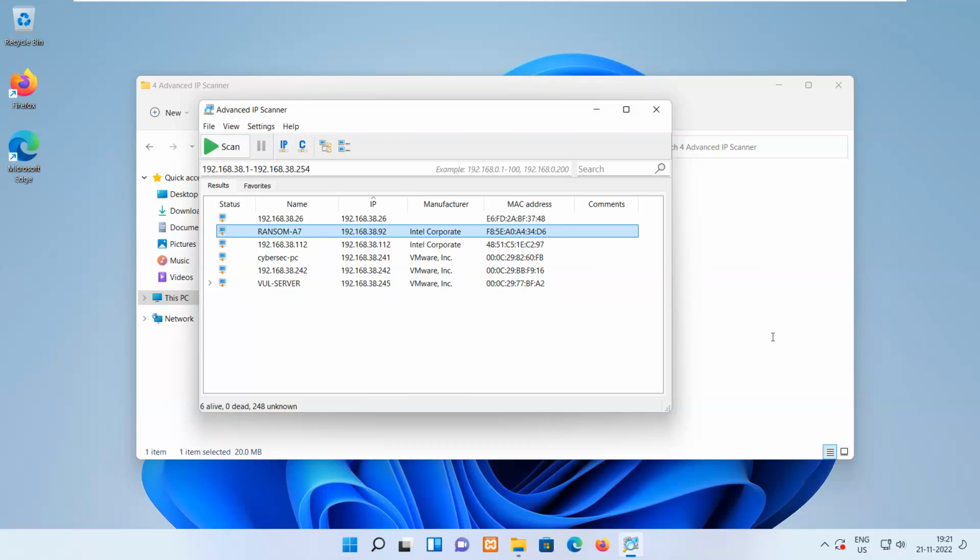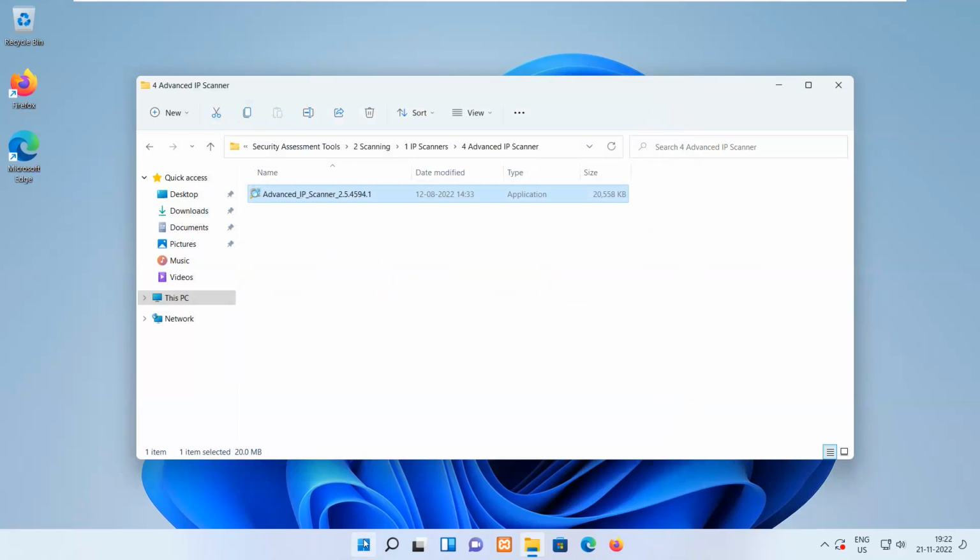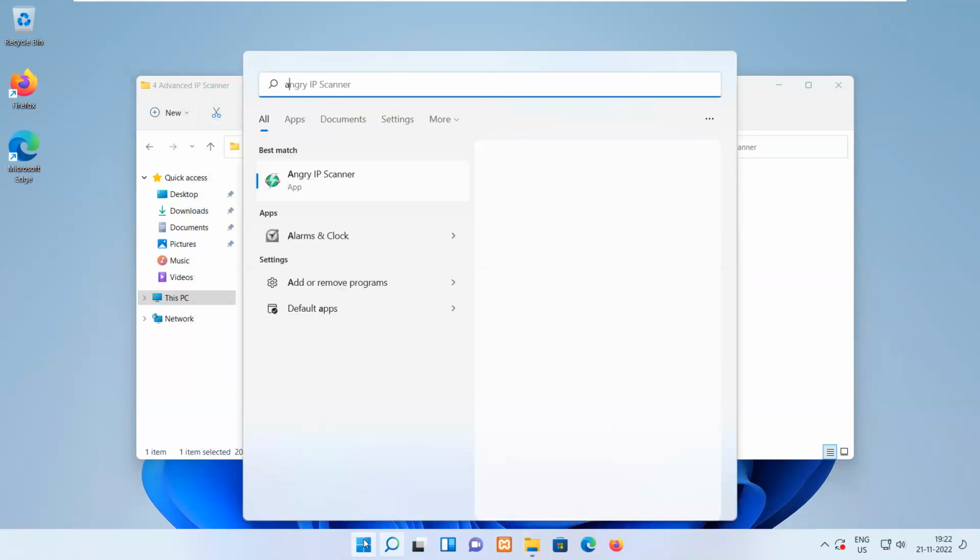Okay. So is this one clear? How is this Advanced IP Scanner useful? Yeah. And as you are asking for the earlier application, which is Angry IP Scanner,